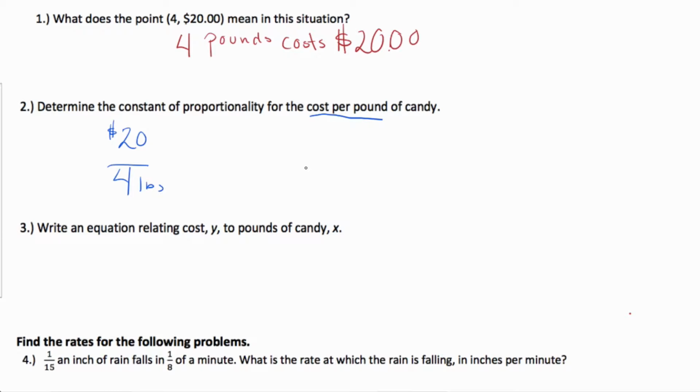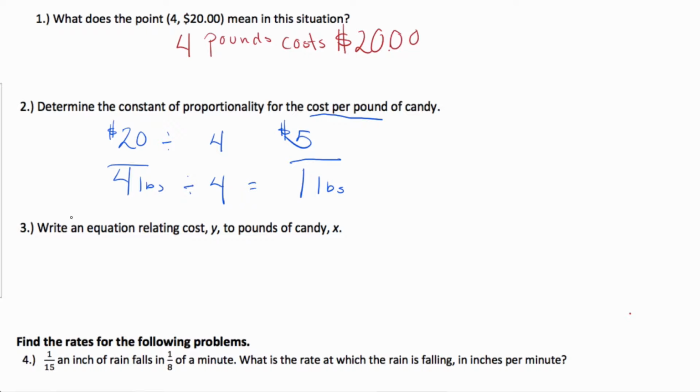It's telling me that I want to find the cost of 1 pound, and I want 1 to be on the bottom of my unit rate. So 1 pound on the bottom, 4 pounds on the bottom. And I say to myself, I can simply divide this by 4, and that would get me to 1 pound. I can divide $20 by the same divisor, by the same amount, and I would get $5 for 1 pound